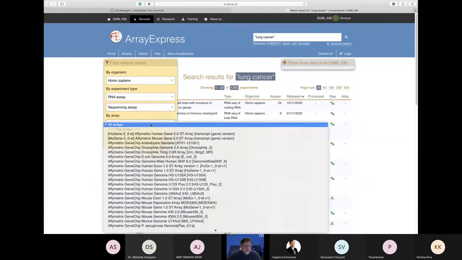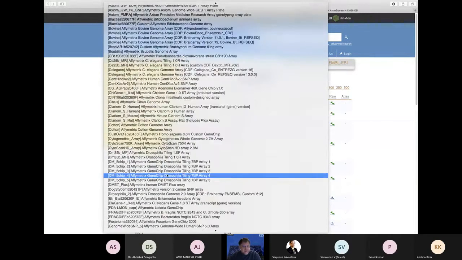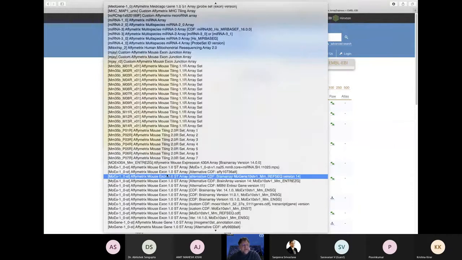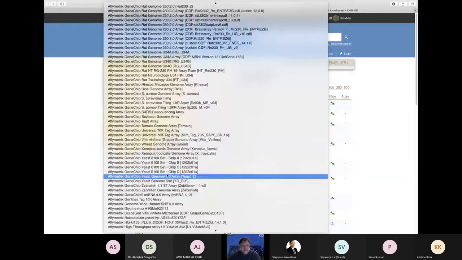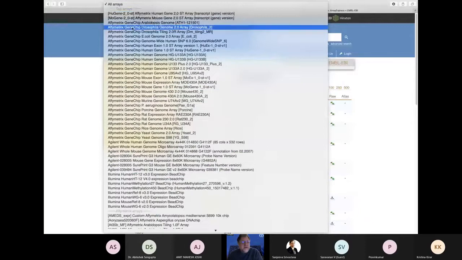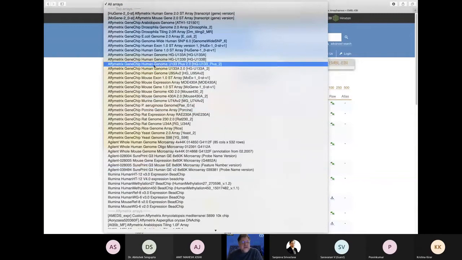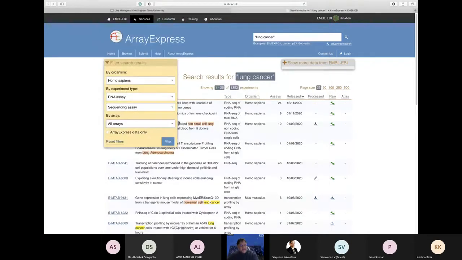I want to demonstrate. And you can see here I've got the opportunity to check if I want an array, the array type. So it breaks it down by Affymetrix arrays. You can see massive numbers of different types. And I can also look at Illumina arrays and so on. So there's quite a lot of arrays here. The common ones are at the top. So you can see things like HU133 plus 2, human 133 plus 2, exon 1, gene 1, are the common ones that we would use here. But because I'm using a sequence assay, that's kind of irrelevant. So if I click on filter now,